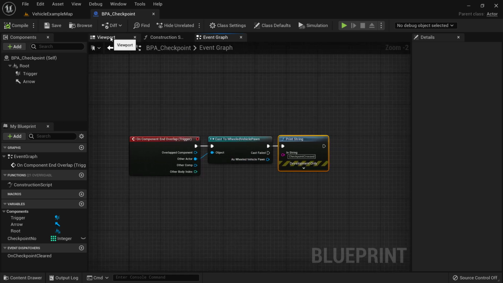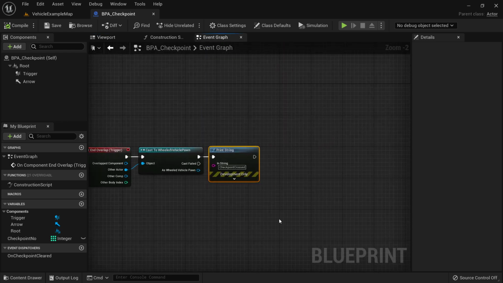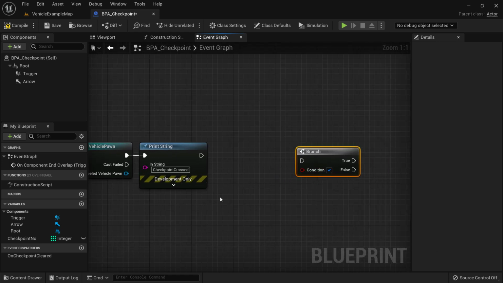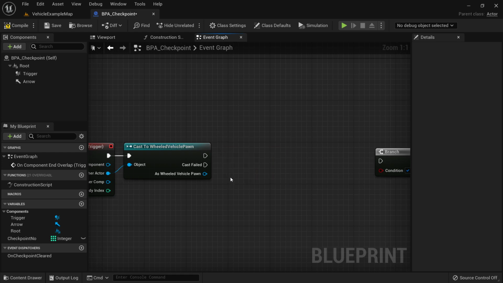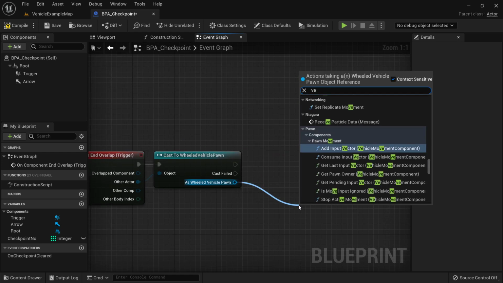The vehicle should only be driven in this direction, as in the arrow, to complete the checkpoint. To do that, we will need a branch node. A branch node always has a condition. So what will be the condition that we want? We are going to get the velocity